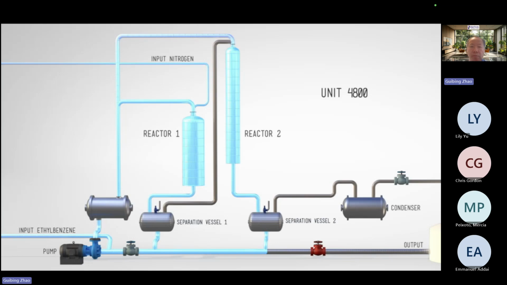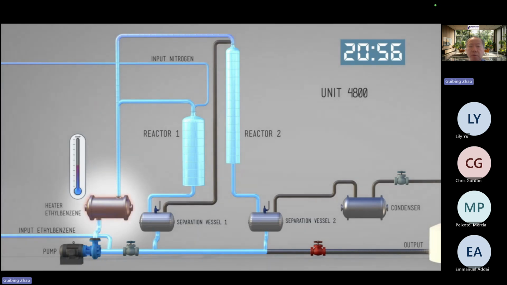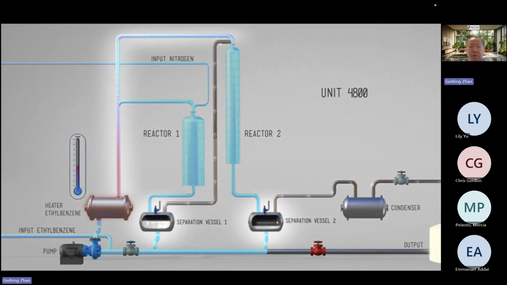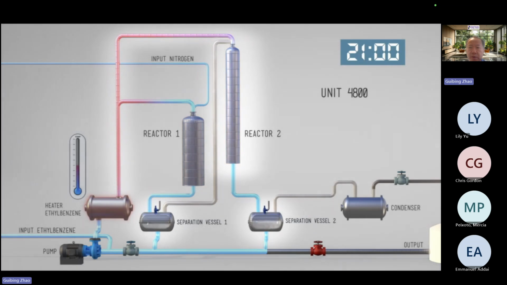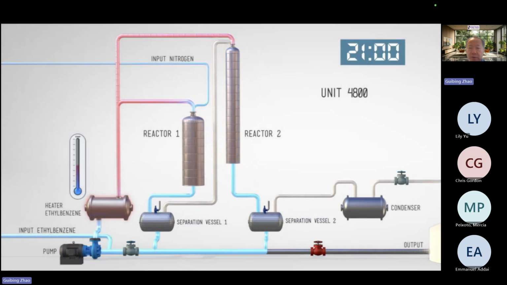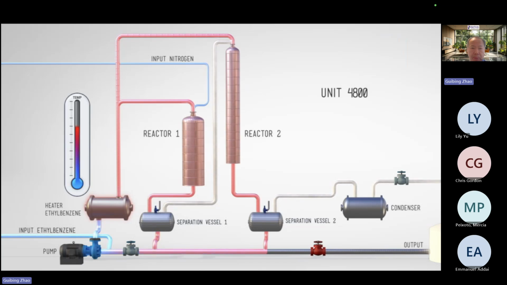After 45 minutes of stable circulation, the operators began heating the unit up to its operating temperature at 8:56. They noticed ethylbenzene fluctuations in the separation vessels and in the flow to the second reactor. At 9 p.m., the operators felt that the reactors were not warming up fast enough. They manually increased the heating of the ethylbenzene. This caused the temperature to rise above normal levels. However, operations did not intervene, as fluctuations in both fluid and temperature levels were quite common during startup.